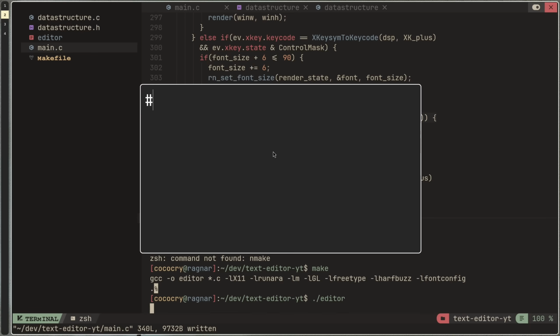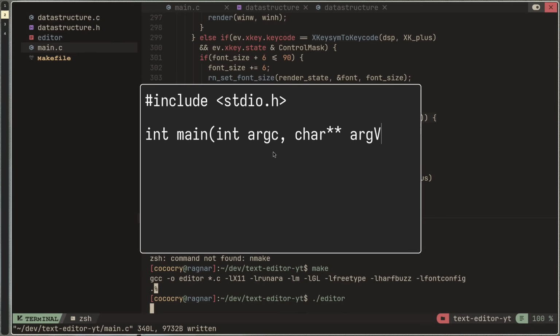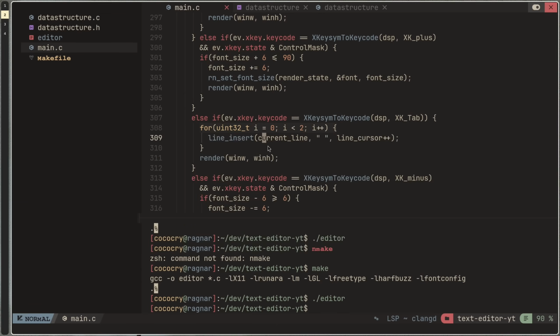Okay, hash include stdio.h, int main void or int argc char pointer argc, printf. Hello, and by the way, it's a little bit too close together, right? Hello world. Return 0. All right, so let's say